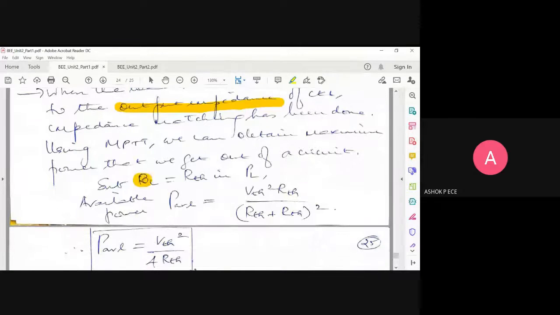If you don't arrive at this condition, unnecessarily there will be wastage of power. Resistance dissipates the power in the form of heat, right? So unnecessarily you will have that heat. Definitely by putting RL equal to RTH, you cannot say that the heat will not be there. Heat will be there, but at this condition, the heat loss will be minimum. So the effective useful power will directly go into your load.